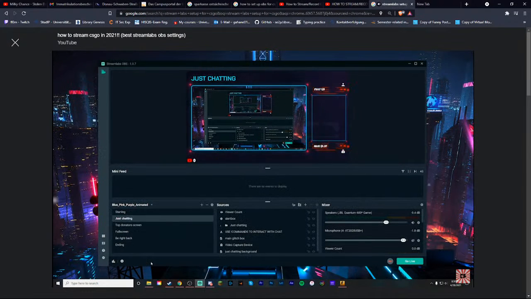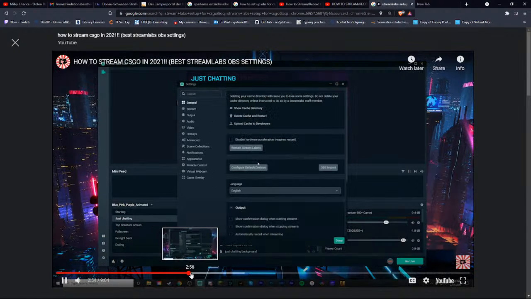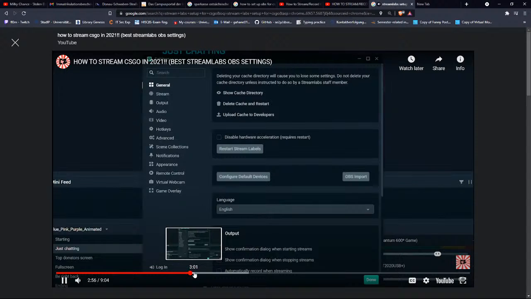Getting into the settings though, which all of you guys are here for, you want to come over here to the settings in the bottom left hand corner, and this page right here is going to open up. It should start you off on the general tab, and to be honest, you do not have to worry about any